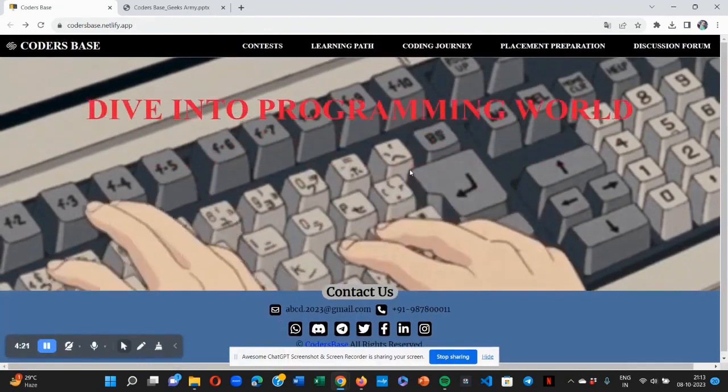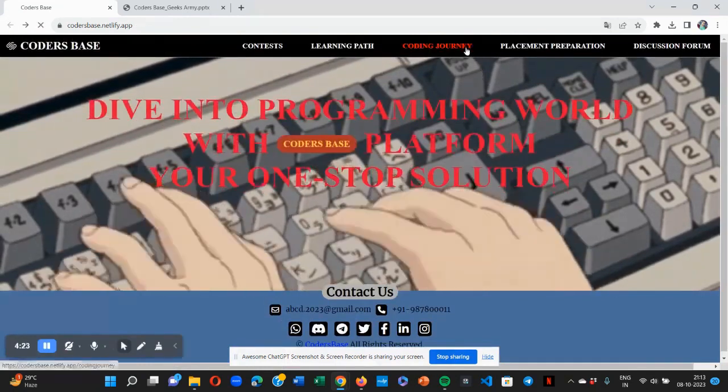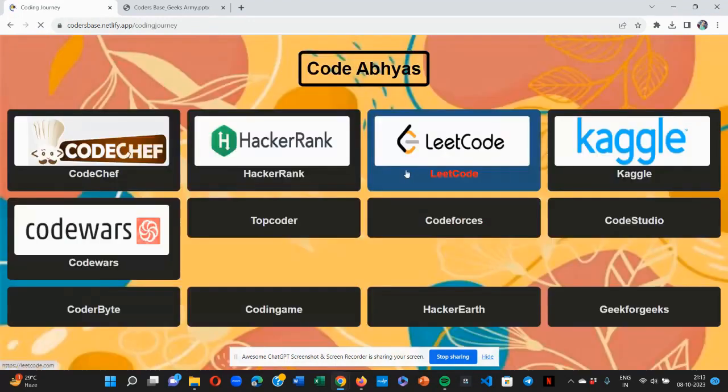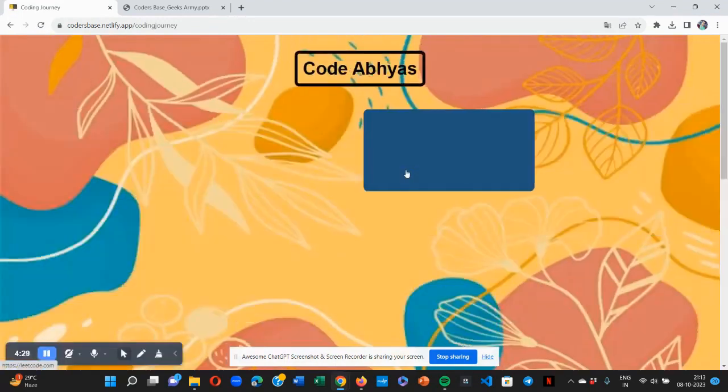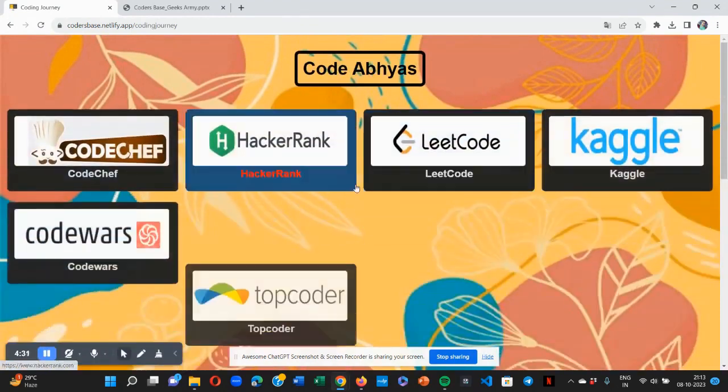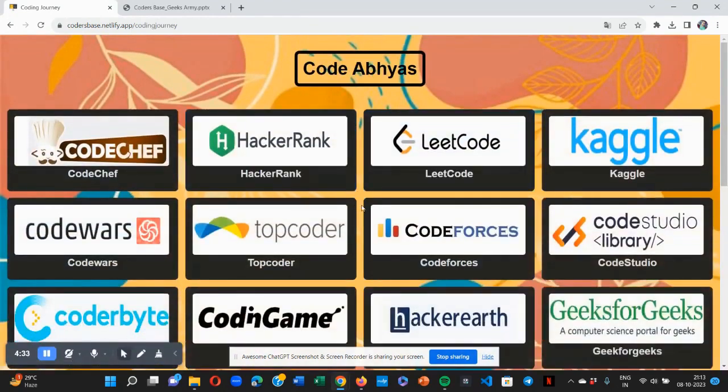Thirdly, coming to the next section, we come across the coding journey. We term the coding journey as Code Obvious. So, what will Code Obvious do? It will help students start their coding journey from beginner level and slowly move to pro level. You can see here all top coding practice platform links are given in a well structured manner. Students can get access to all of them on a single page, keep records of their progress, and track the questions they solve on the website.